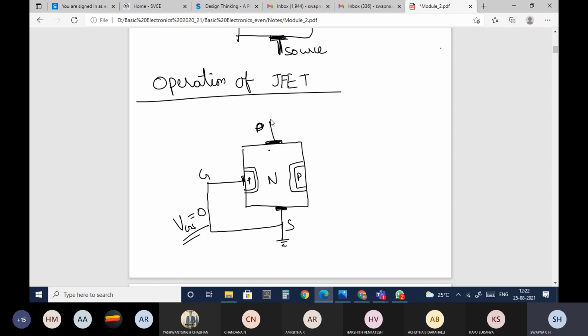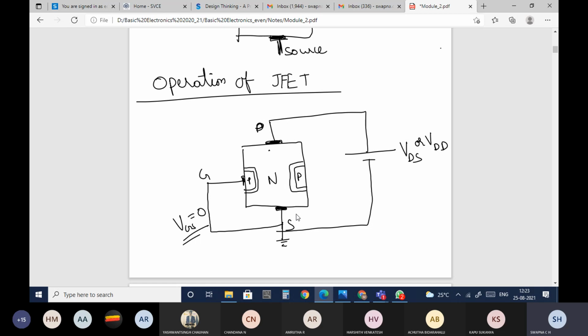Then I'm biasing the drain and source: the drain is connected to the positive terminal and the source is connected to the negative terminal. We can write here either VDS or VDD. Generally in textbooks it will be VDD only. Either VDS or VDD, it's the same. It is nothing but the voltage applied between the source and the drain.